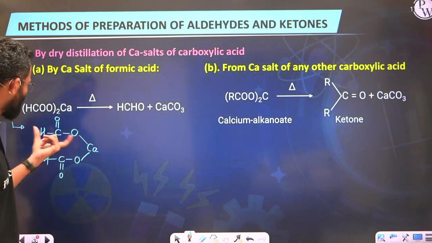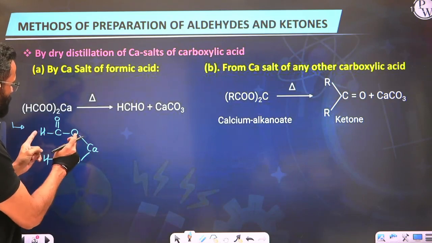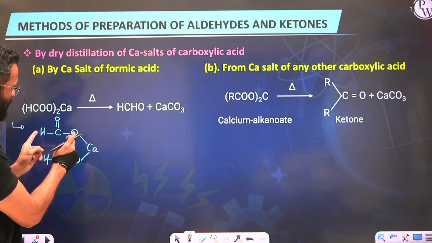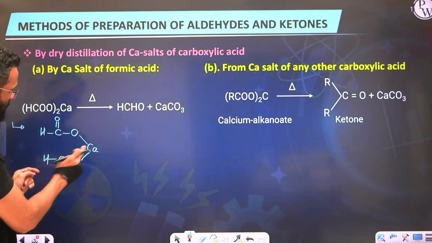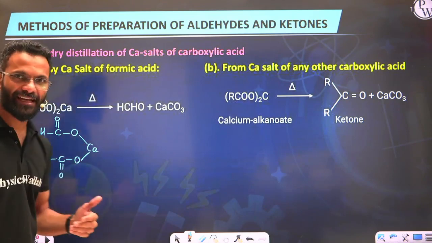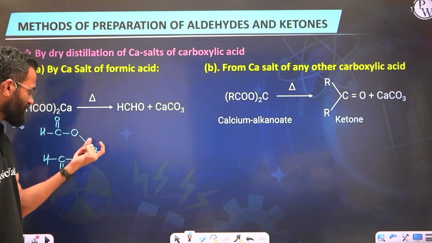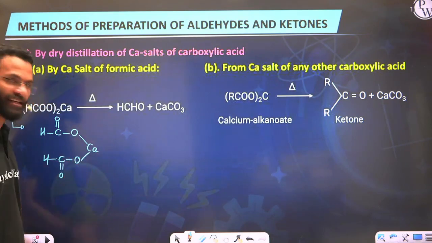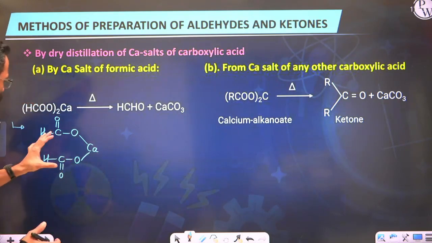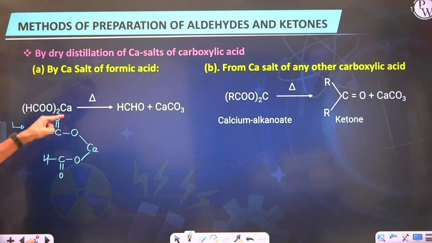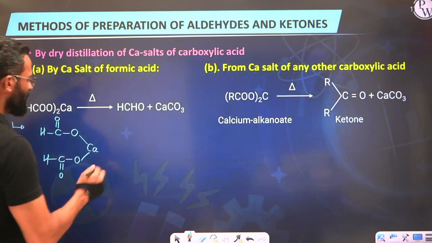You can certainly see that this part is a salt of, or conjugate base of, formic acid, so you can call it formate ions. So there are two formate ions connected to calcium, as calcium being divalent is one calcium ion, that is Ca+2, and we need two formate ions connected to it. So that's how the actual structure looks like, and which you can also simply write down like this: HCOO twice Ca. Now when we heat this,